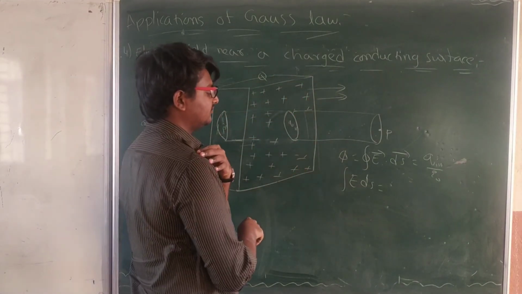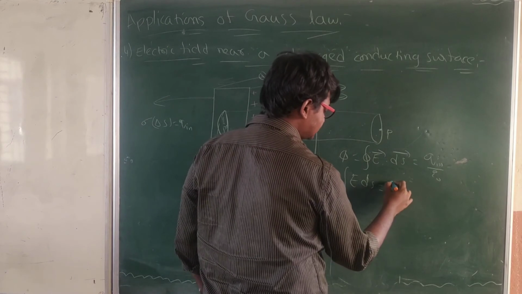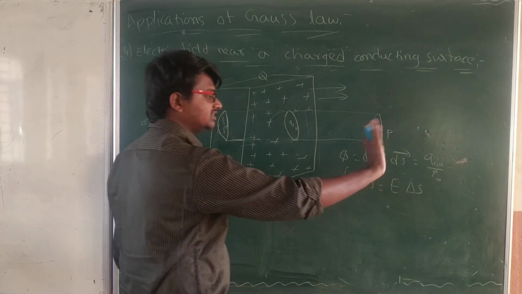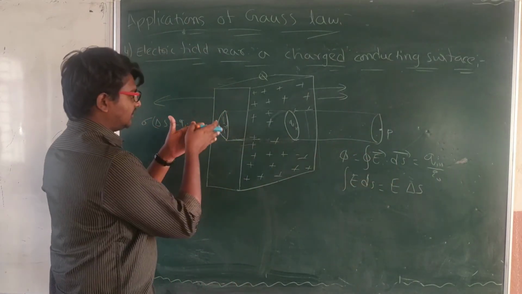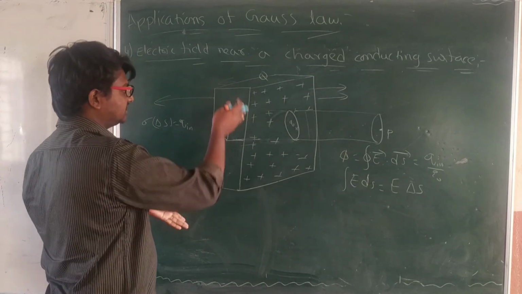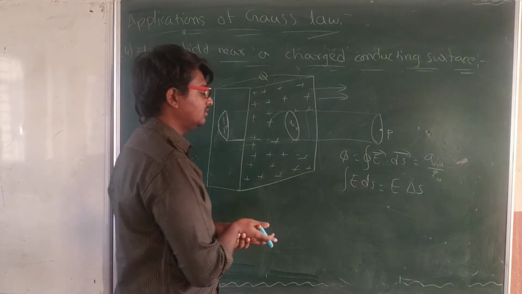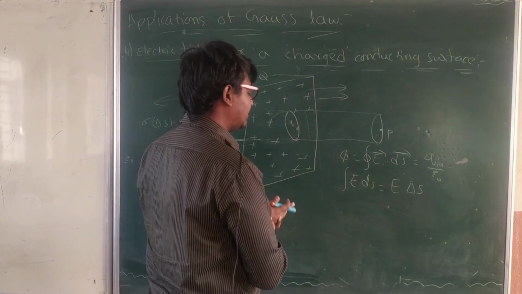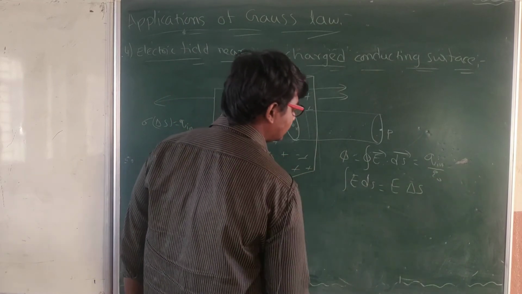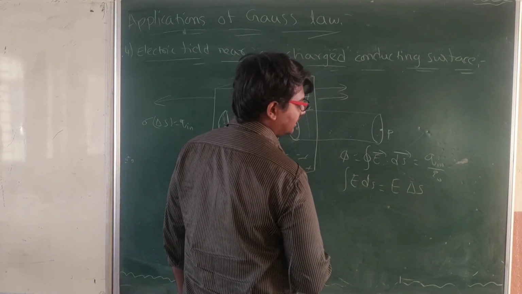Fine. All right, then the integral E ds is equal to simply only one side, E delta s. Not another side, plus E delta s will not come again, because the point is inside the conductor. If the point is inside the conductor, electric field inside conductor is what? Zero. Obviously inside a conductor electric field is 0. That's the reason, if the value of E is 0, we don't consider that part. It means the first equation is integral E ds equals E delta s.